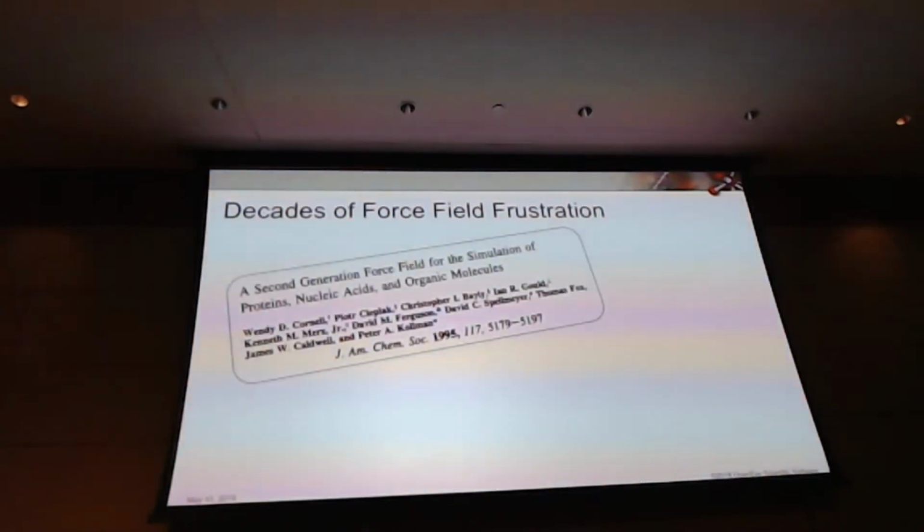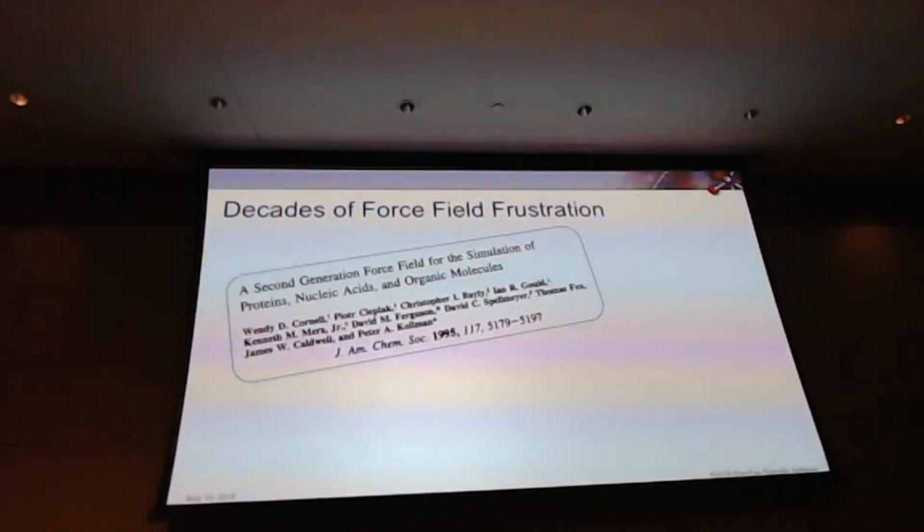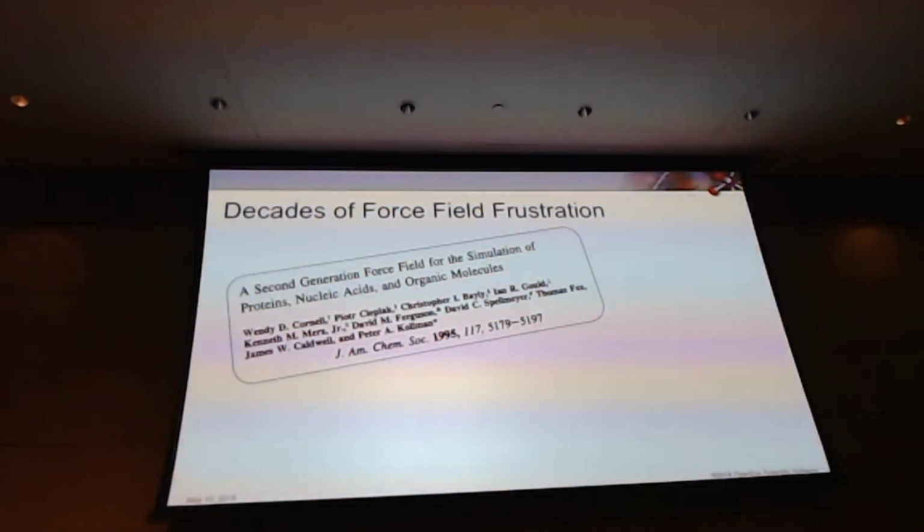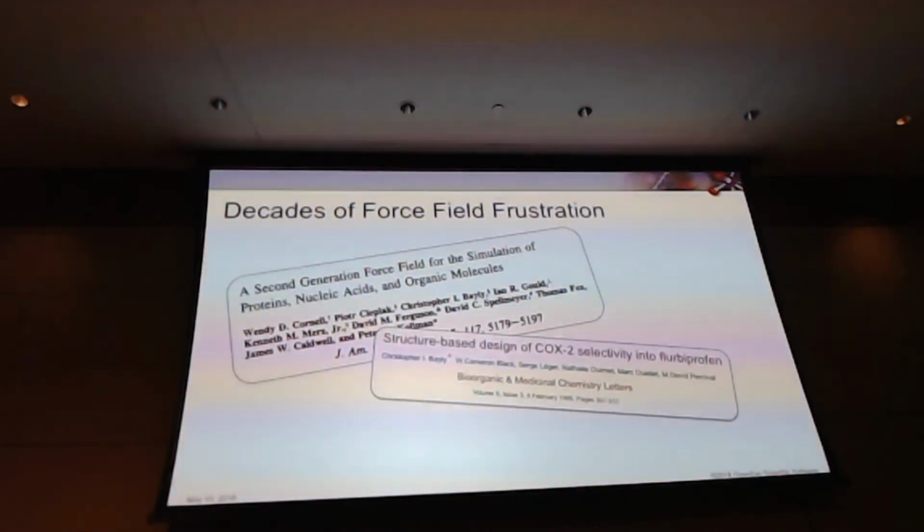So this has led to decades of frustration for me. I came out of the Coleman Group and I joined Merck and Company back in the early 90s, and I was pumped. I knew that this new force field that we had just come up with, that I'd been a part of coming up with, we could do small molecules. It said it right in the title of the paper. It did organic molecules. But then the first project I got on at Merck was cyclooxygenase 2. This is when cyclooxygenase 2 was a good target. And so I got to work on a lead compound there, which was flurbiprofen, which had this biphenyl linkage, which ends up being a real problem.